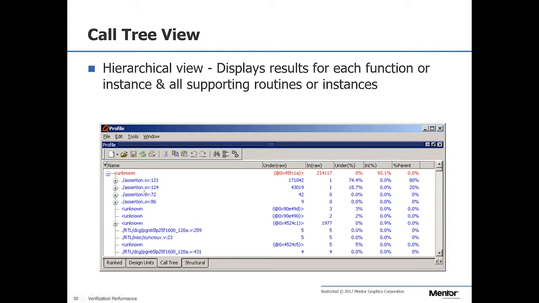So what that tells me is that I created a SystemVerilog assertion and I improperly set up the trigger in there, and I'm probably firing off that assertion way too often. And it's consuming 74% of my simulation time. If I go in and fix that assertion and knock this down to 1% or whatever, my simulation will probably run